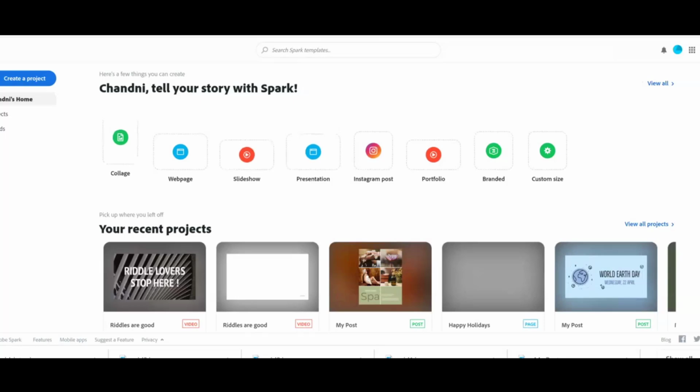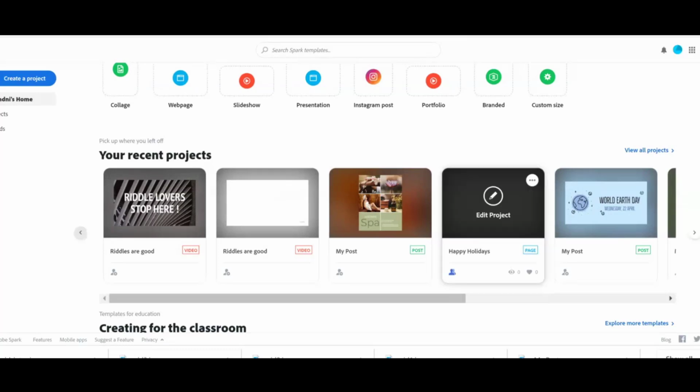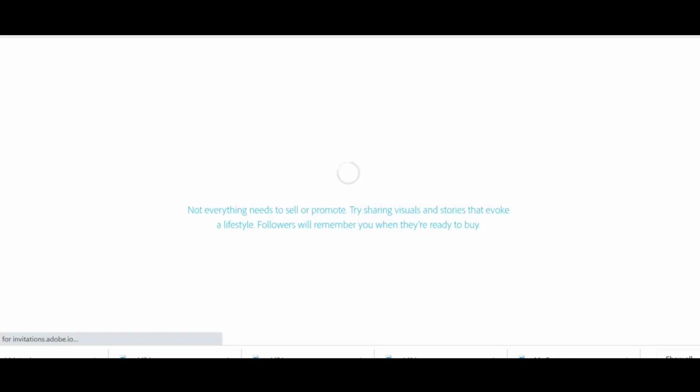Now I am coming back to your web page we have created, and whatever you are creating, it is coming in your work. And this is a post. I have done some work previously on this project. So this is very, very wonderful and interesting feature in which you can create your projects.